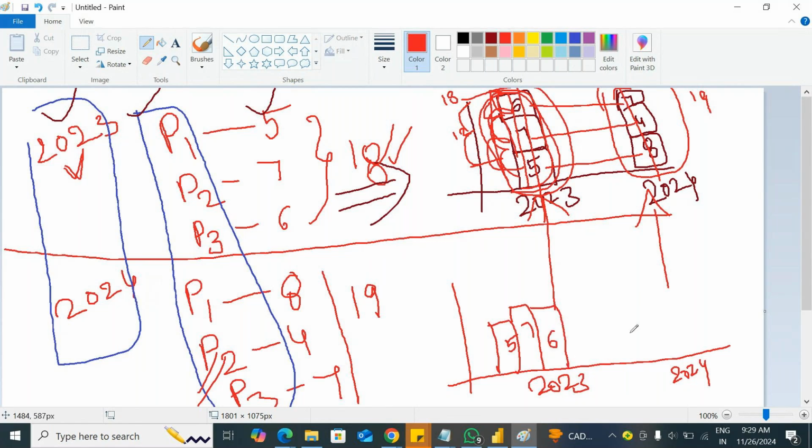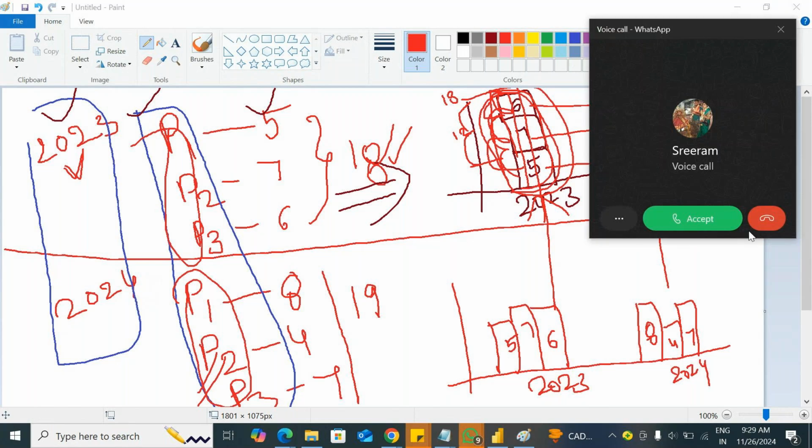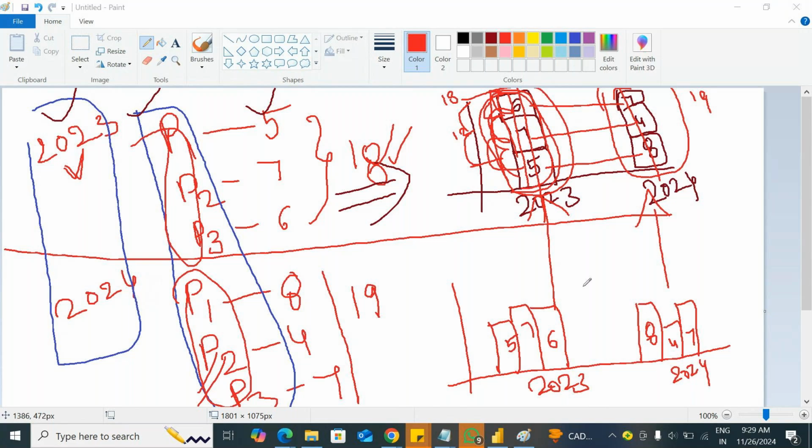And similarly, 2024, you have P1, which is an 8, and P2, which is a 4, and P3, which is a 7. You are going to see this one. So in this scenario, all these products are going to